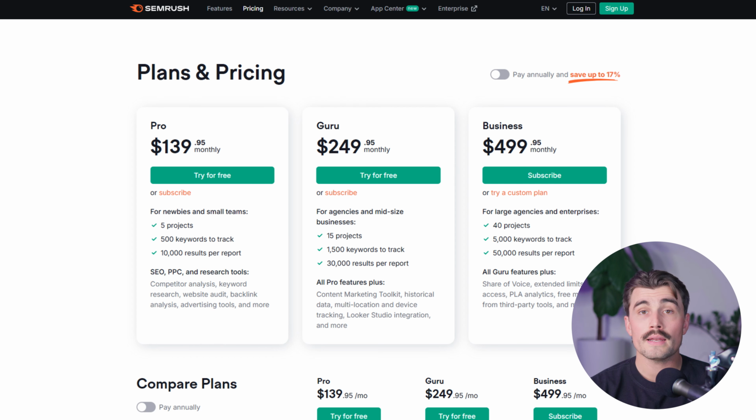Next is their Guru plan at $249.95 per month, and this is designed for agencies and mid-sized businesses. You can manage up to 15 projects, track 1,500 keywords, access 30,000 results per report, and it includes all Pro features plus the content marketing toolkit, historical data, multi-location and device tracking, Looker Studio integration, and then we have the Business plan at